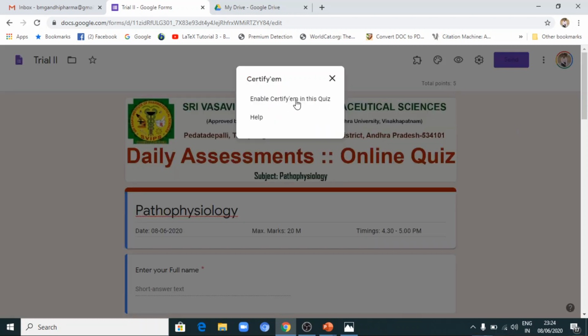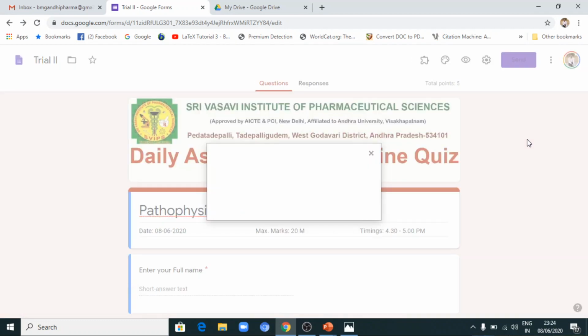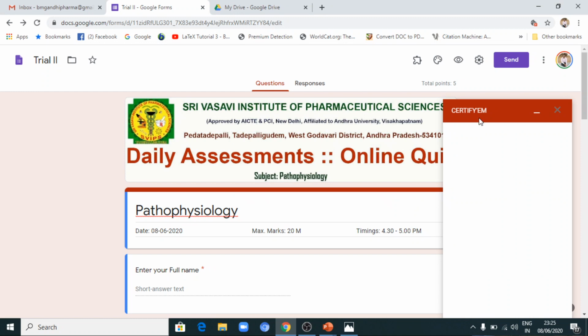Now you can see an option like enable Certify-M in this quiz. So click that one. Then get started. Now you can see a dialog box like this.